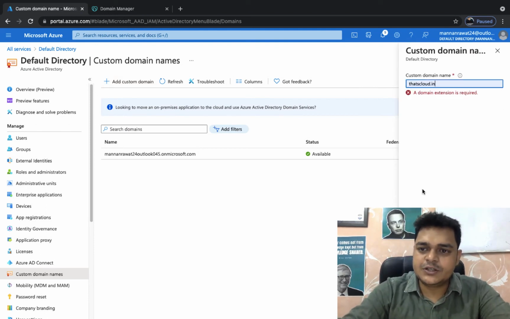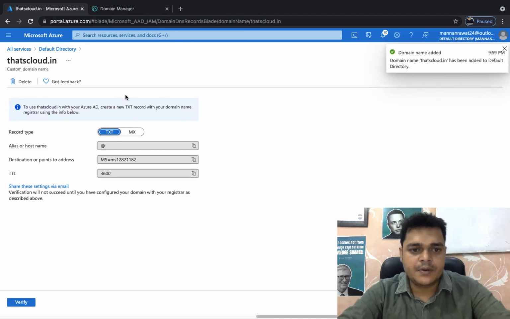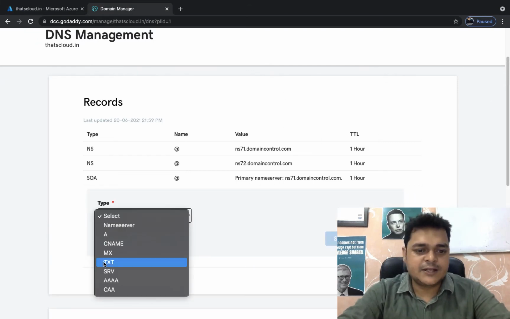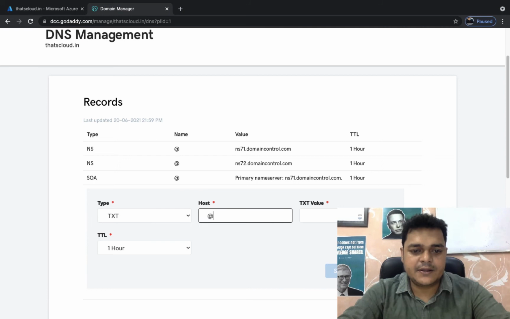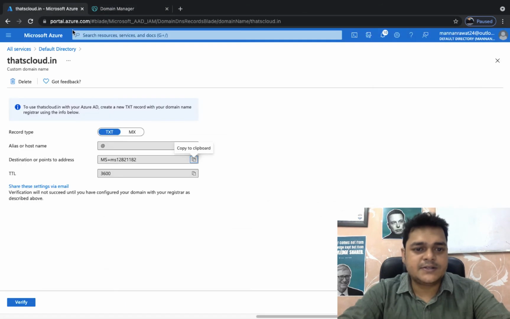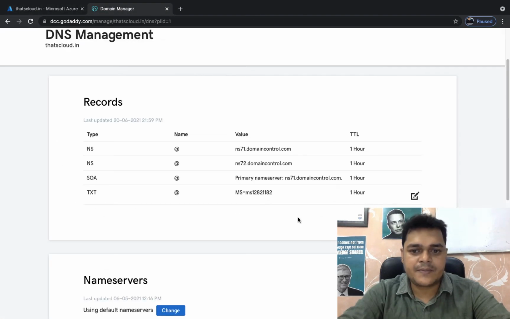Same procedure. Just type the domain name that you have, copy and select TXT record, @, and provide the value. Save as it is. Need to copy the MX record with priority.